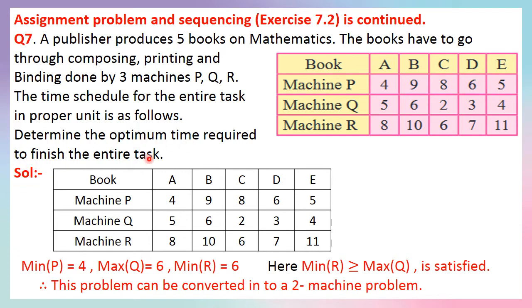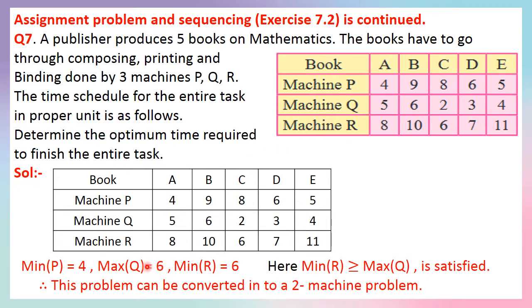The table is given, the time is in units, the particular unit is not given, so we use it as units only. 4 units, 9 units, etc. And this is a 3-machine problem, so we know the procedure. For getting the sequence we have to convert this 3-machine problem into a 2-machine problem